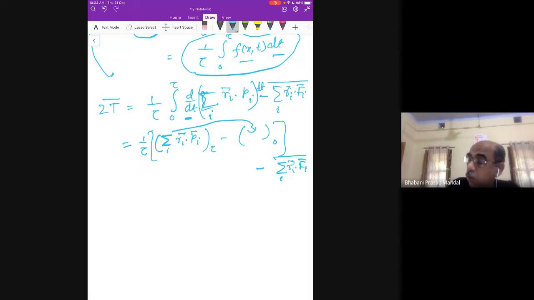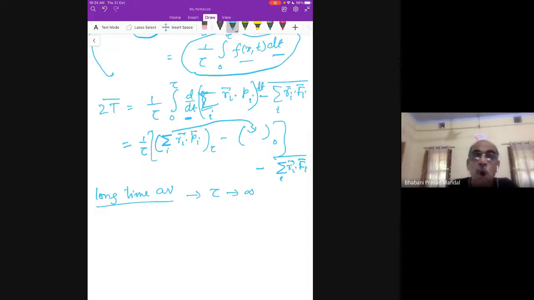Okay, so this is the formula. So this is minus, and does everybody understand what I'm explaining? Now, long time average, come to that point. Long time average means I am not taking the average for a brief time, I am taking it for a very long time. So mathematically, long time average means tau going to infinity.